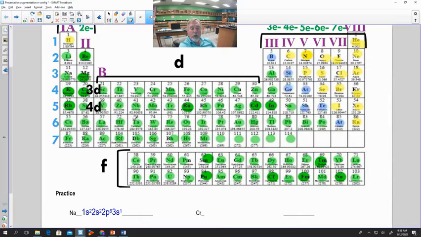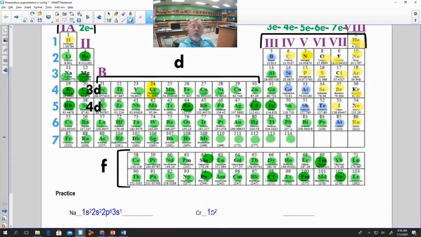Well, let's do the next one here. Let's do chromium. Chromium's a little bit bigger. Let's find chromium on the periodic table. There we go, right here. It's element number 24. So we're going to do the same kind of thing. Let's read it off like we were reading a book. We start at the top. We have our 1s1, our 1s2. Good. So our chromium's going to start off with 1s2.